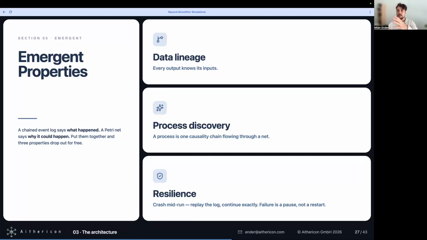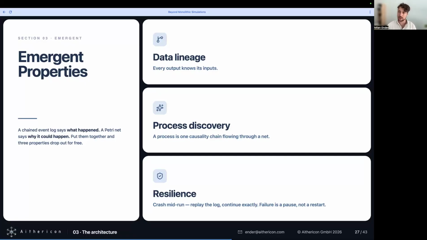And so we have a nice way to build these causality chains, so what results came from what transformations, and say, okay, this is one coherent process. So it's not something that we have to define, but we can just trace how our results flow through the net and combine them. But I will show that in more detail later.